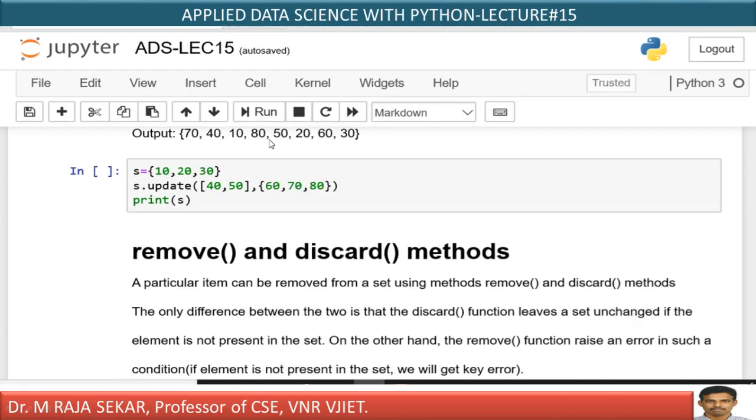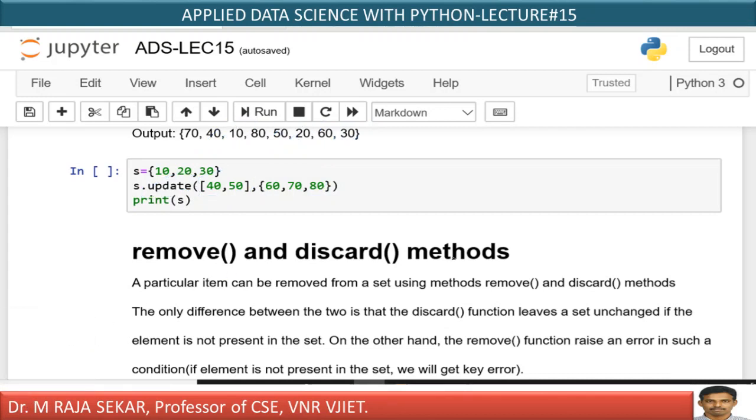Let me explain. Yes, I have 10, I have 20, I have 30 40 50 60 70 80. With the update function, I can add elements with the help of list. I am not keeping list as an element. I am not keeping set as an element. I am just taking help of list and set to include the elements in the original set. Through the update method, I can make use of lists and sets, isn't it? But they cannot be members of a set, isn't it?